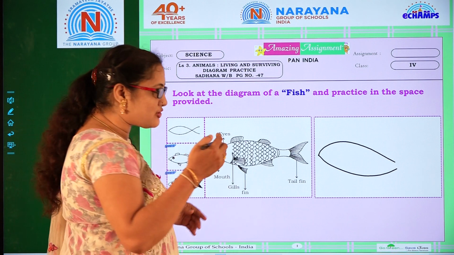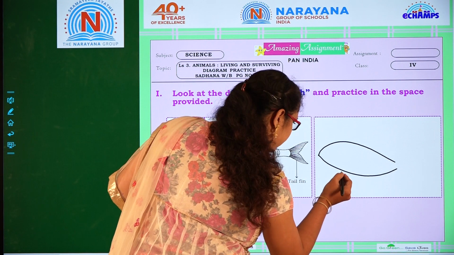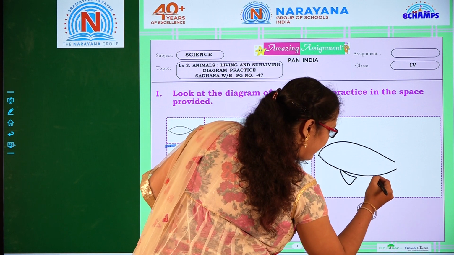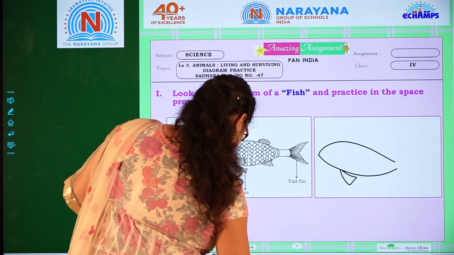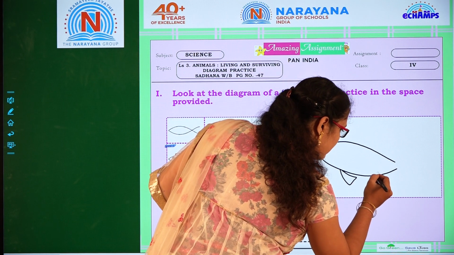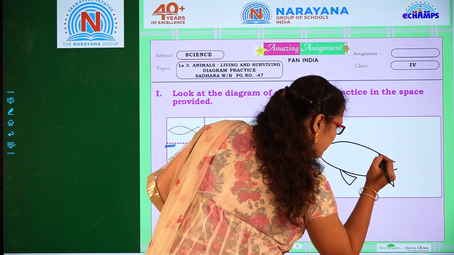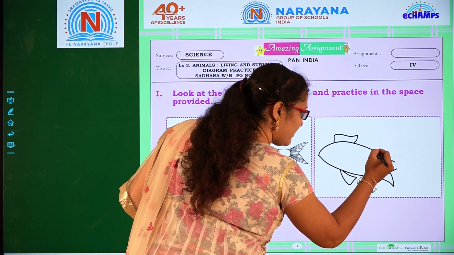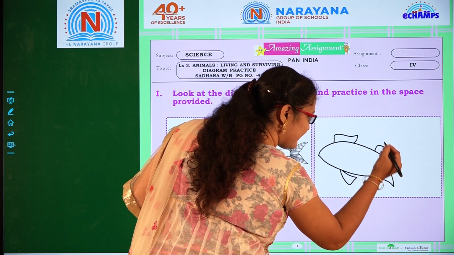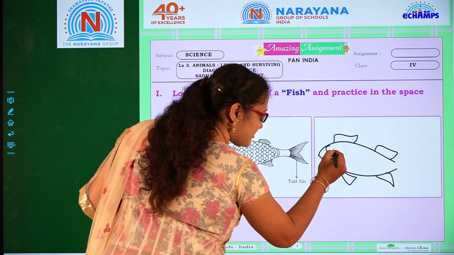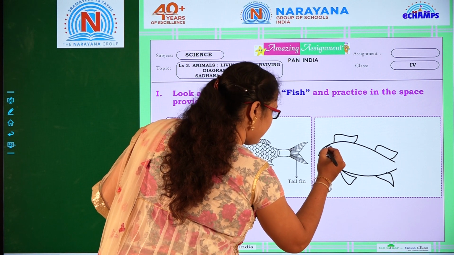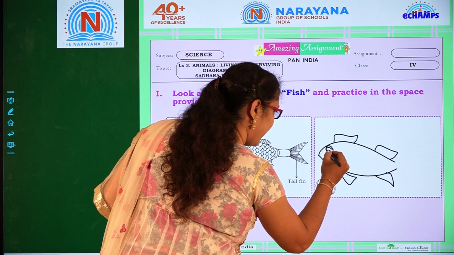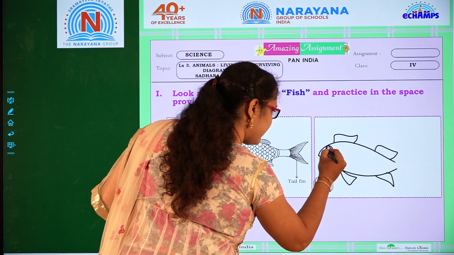Okay, second step, we are going to add some more parts. We are going to add two triangles at the bottom, like this, and one more here. And we are going to draw two rectangles on the top, like this. We are going to draw a small circle here, and one more line inside, and one more like a half moon. We are going to shade it like this.